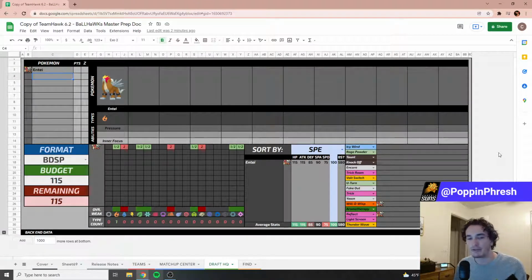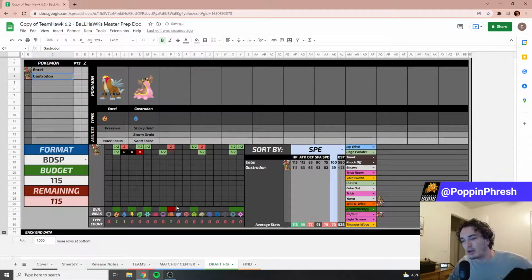Next pick, I wanted something that synergized really well with Entei, and I'm actually surprised at how well these synergize together. Entei, what's it weak to? Water, ground, and rock. What deals with that? Oh, none other than your boy Gastrodon, who is immune to water, can hit rocks or grounds super effectively, and resist rock. Only price to pay for that is the 4x grass weakness, which Entei more than